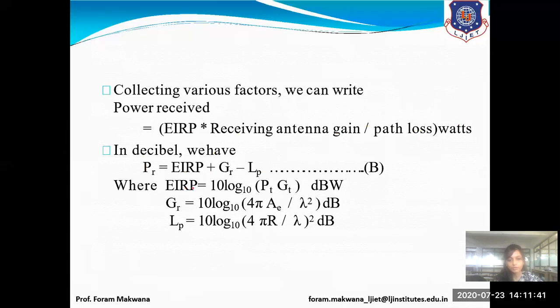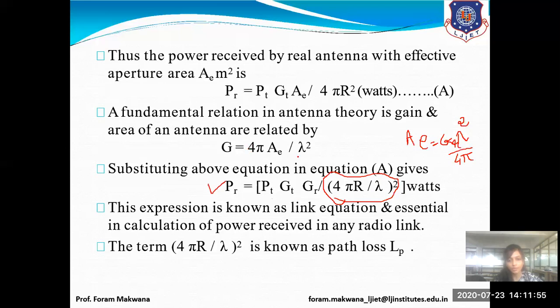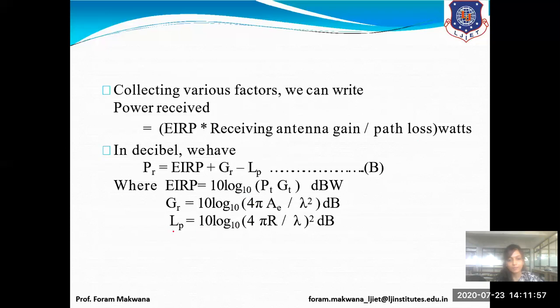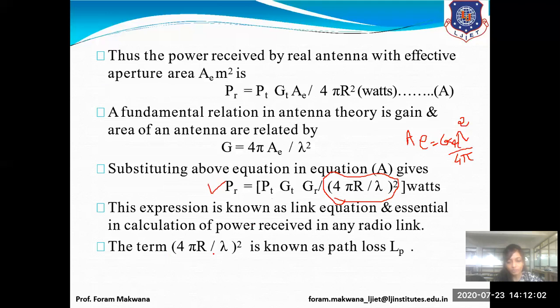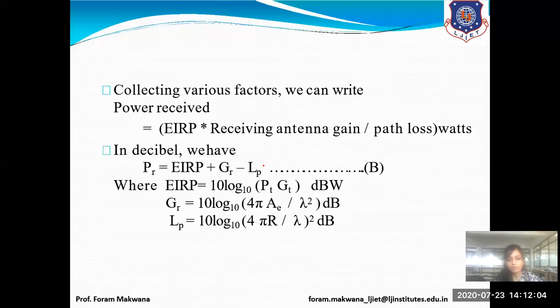So EIRP is equal to PT into GT, but if it is represented in dB, that means 10 log base 10 PT into GT dBW. Okay, GR means 10 log base 10 of 4 pi A upon lambda square. And for LP, that is path loss, it is 10 log base 10 of 4 pi R upon lambda, the whole squared. So these three quantities are represented in dB. All right. So over here, the basic transmission theory is finished,